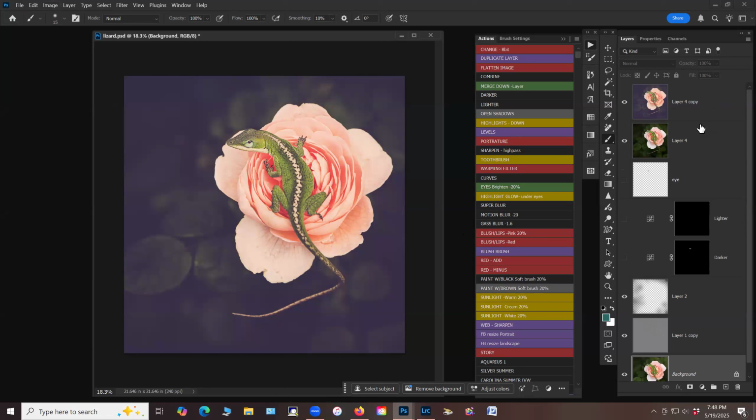But normally, if it's something I know I'm just going to throw on the web, I don't save it as a PSD file. Otherwise, it's saved as a PSD file, and then down here, it's saved as a portrait or a landscape,